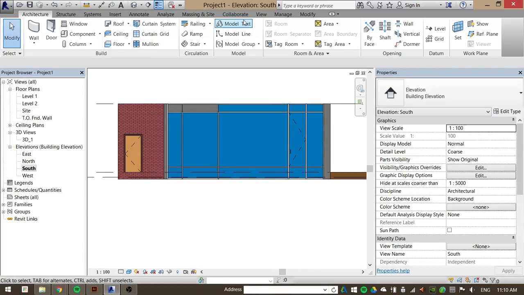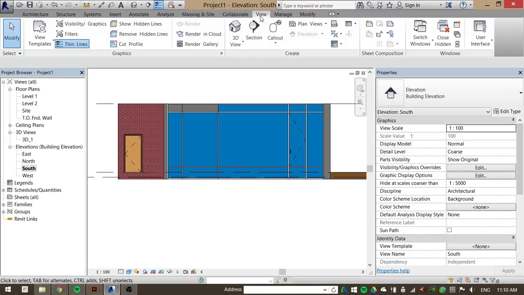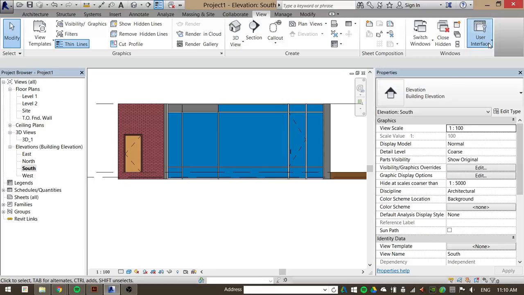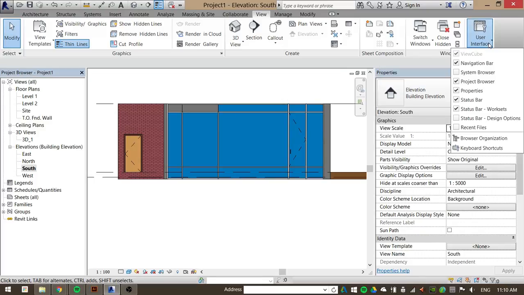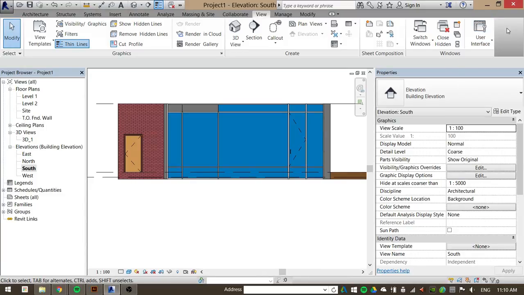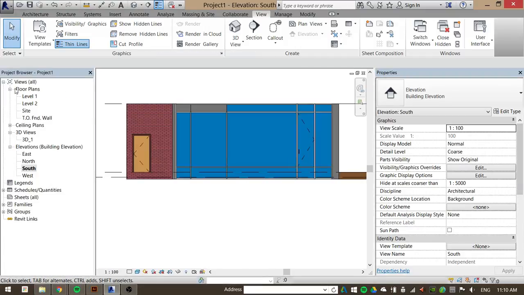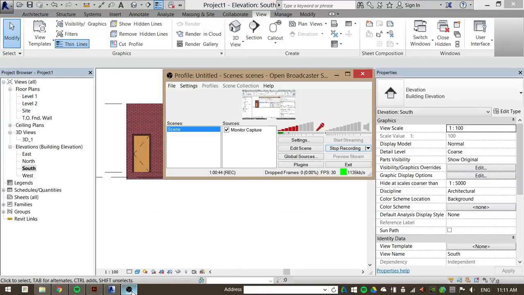Project browser? Okay, so again, just kind of like the properties view tab, if you go to the user interface, and open up project browser. That work? Oh, it's like floating around out here. If you just take it over there, it'll jump into place. Okay, so